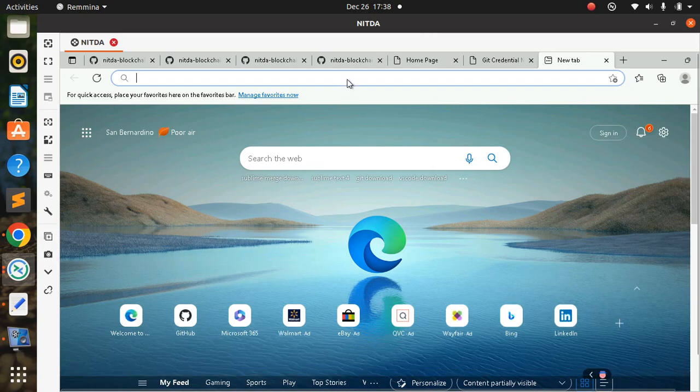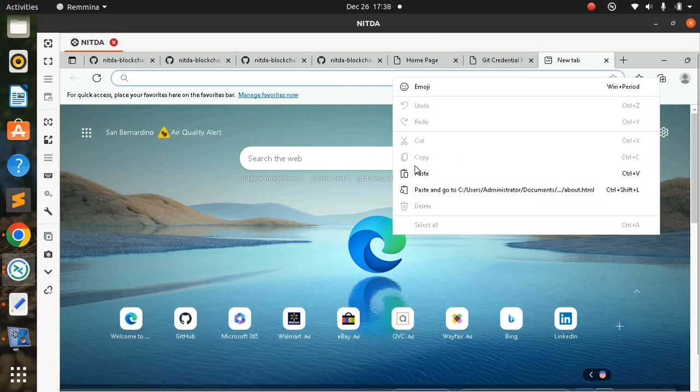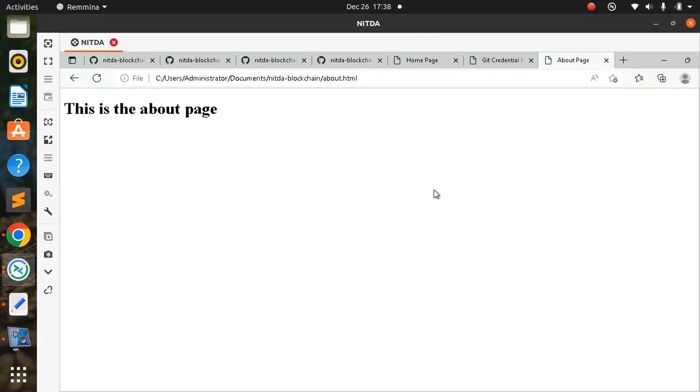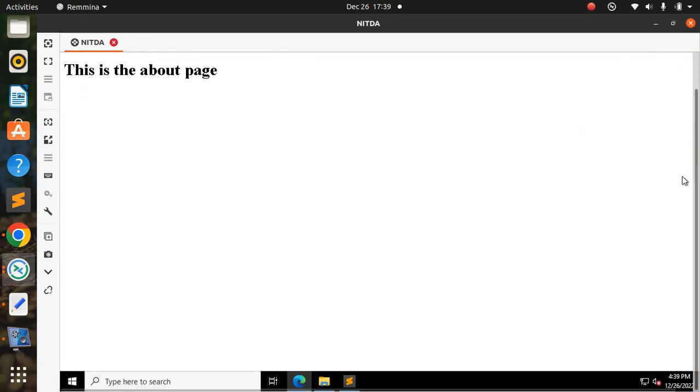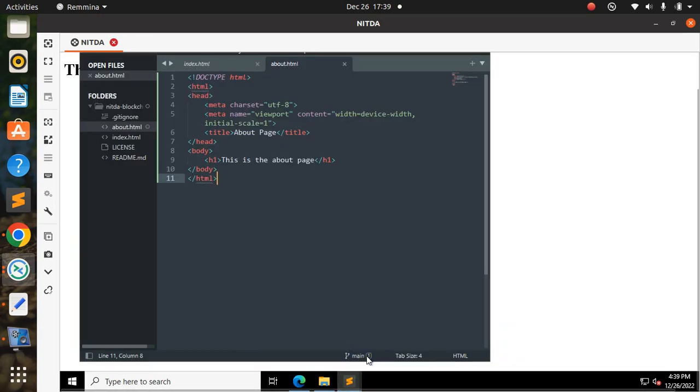It's still loading. Okay, right click, then paste and go, or paste. So let me click on paste and go. You see, this is the about page. All right, so let me scroll down a little again, and then let's push this code to